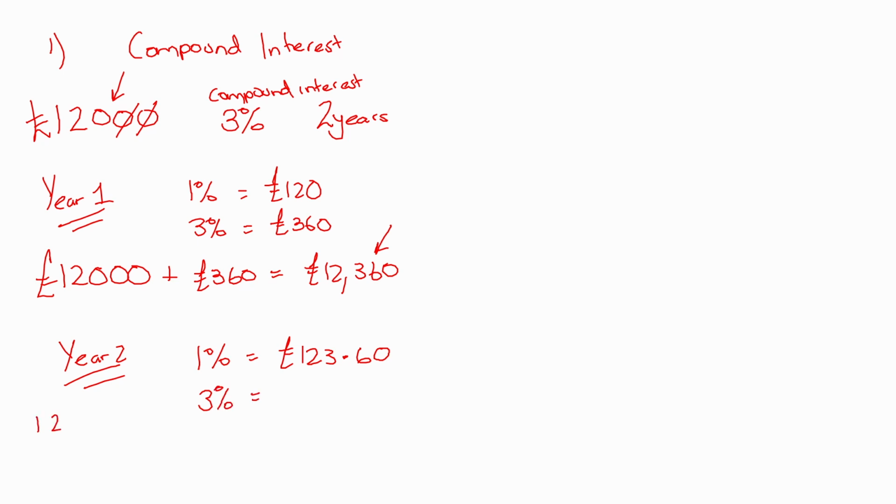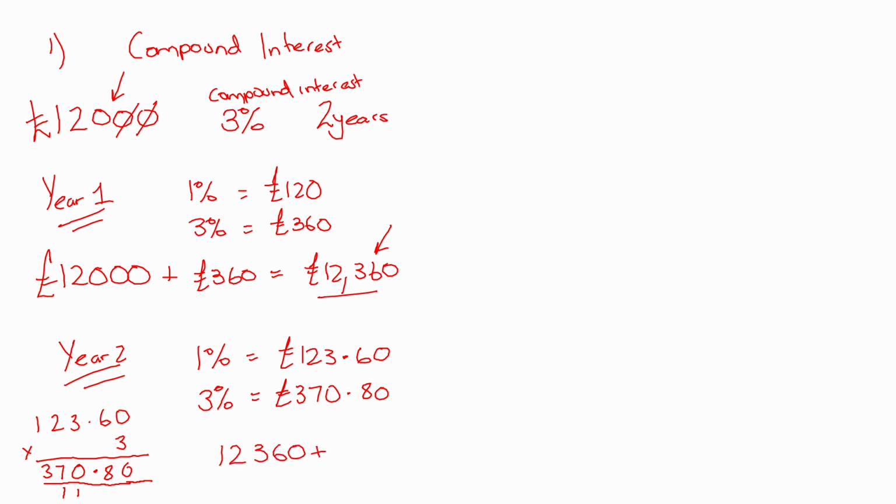I need to times that by 3. 3 zeros. 3 sixes are 18. The point in there. 3 threes are 9, add 1 is 10. 3 twos are 6, add 1 is 7. And 3 ones are 3. So it's £370.80. And again, I need to add that on